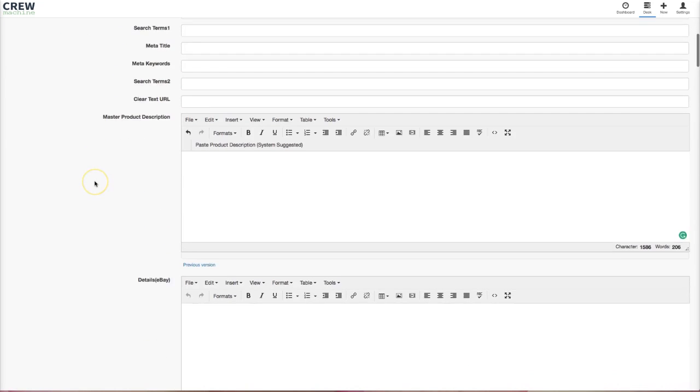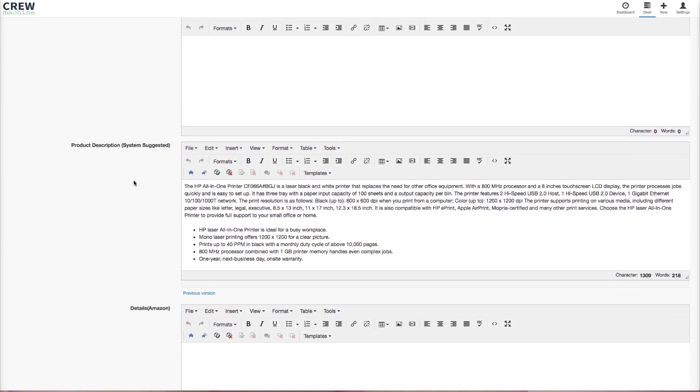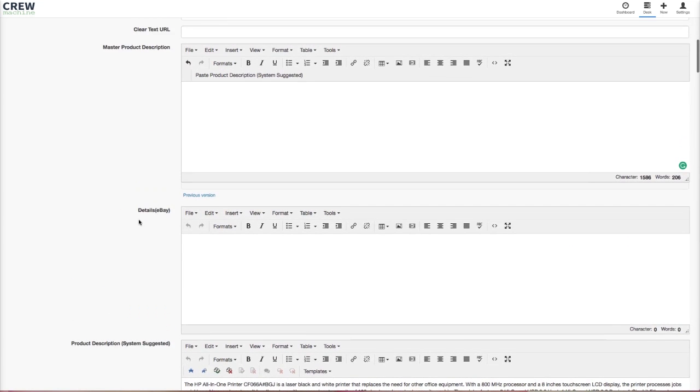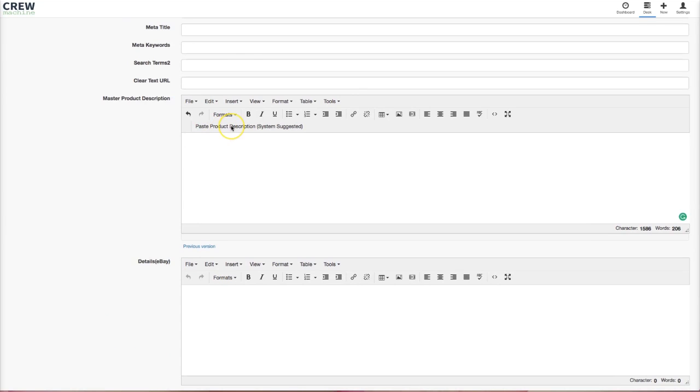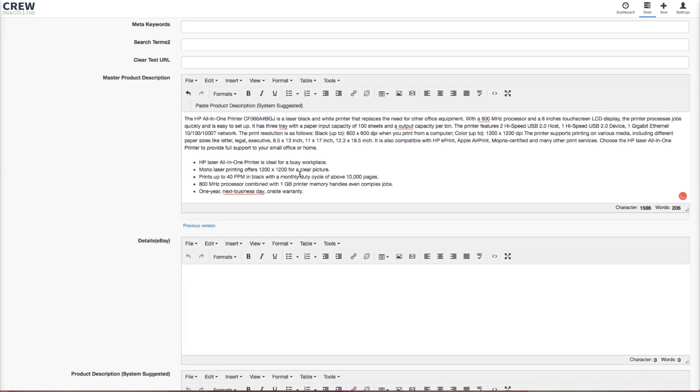scroll down to find the field where it says Product Description System Suggested, and you can go ahead and take a look at it. Now, if you wanted to publish it as is, you could certainly do that. If you wanted to send it through the workflow and have an editor take a crack at it, see what they can do to polish it up and make it really shine, you would just click Paste Product Description System Suggested, and in this field you could actually make your edits. For instance,